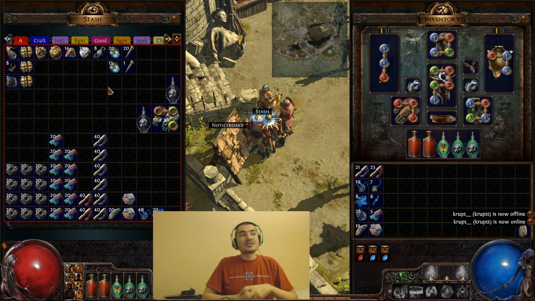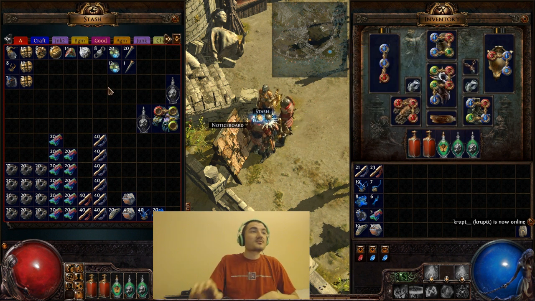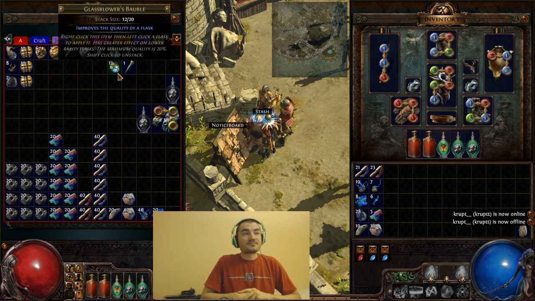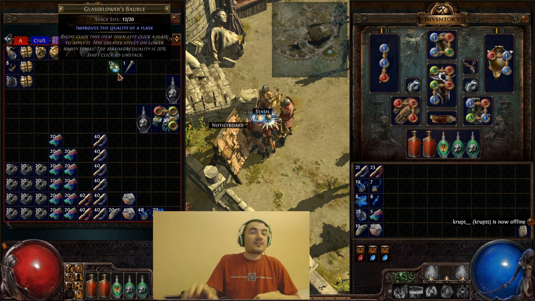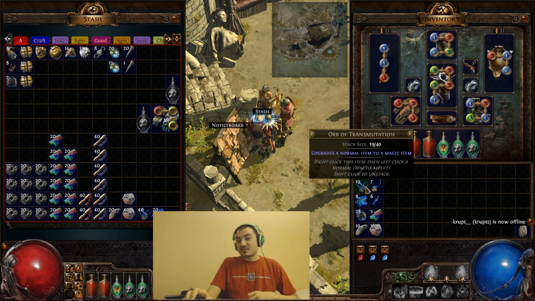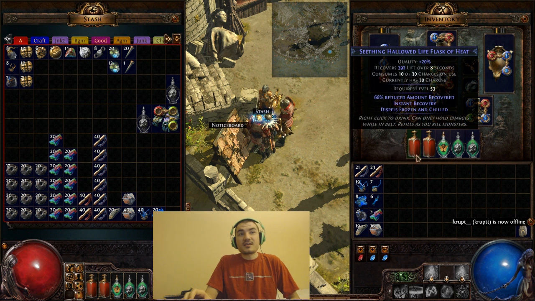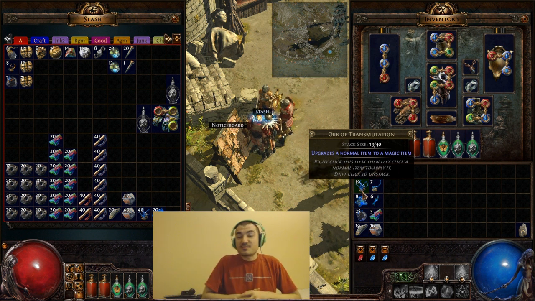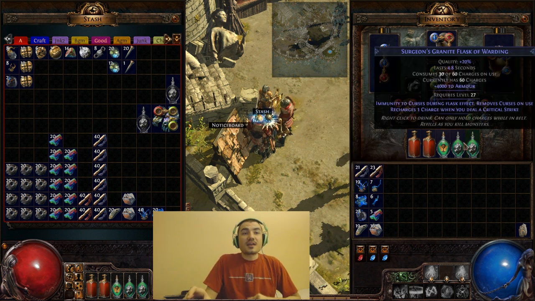The first thing you want to do is start collecting the materials required. Eventually, you're going to need some glassblower baubles. Now, one thing I like to do in the late game, if I find a Quicksilver or a potion, is use the many transmutations I have. If I find a white Hollowed Life Flask, or a blue one, I'll pick it up, and if I find one, I'll transmute it,